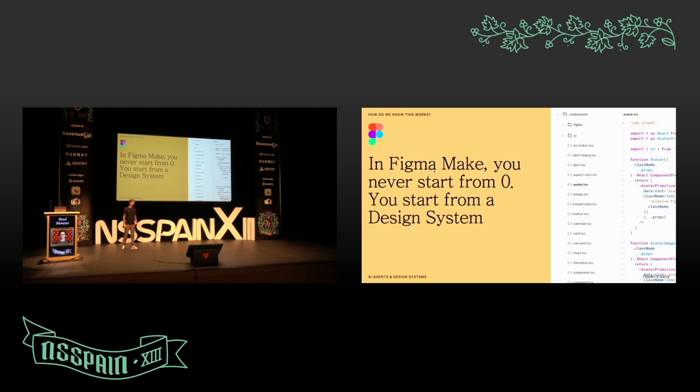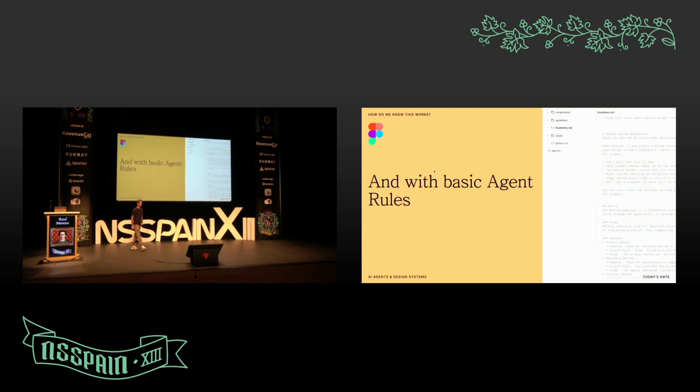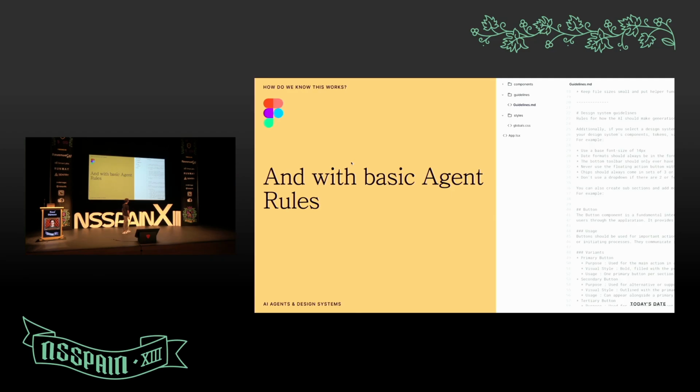So it's like, okay, but what about agent rules? There's a file there called guidance, or guidelines, which is all the guidelines that Figma MCP actually works on top of, to make sure that it can build the UI. So at the end, this is not something crazy. We are in this gold rush where every single company is trying to build the most advanced system to build UI from scratch. And actually, they're just powered by the same foundation, which is basic elements like design system, good context, information, and the last one, which is rules. You get all that information available everywhere. So this gold rush, in my opinion, doesn't exist. It's just hype.